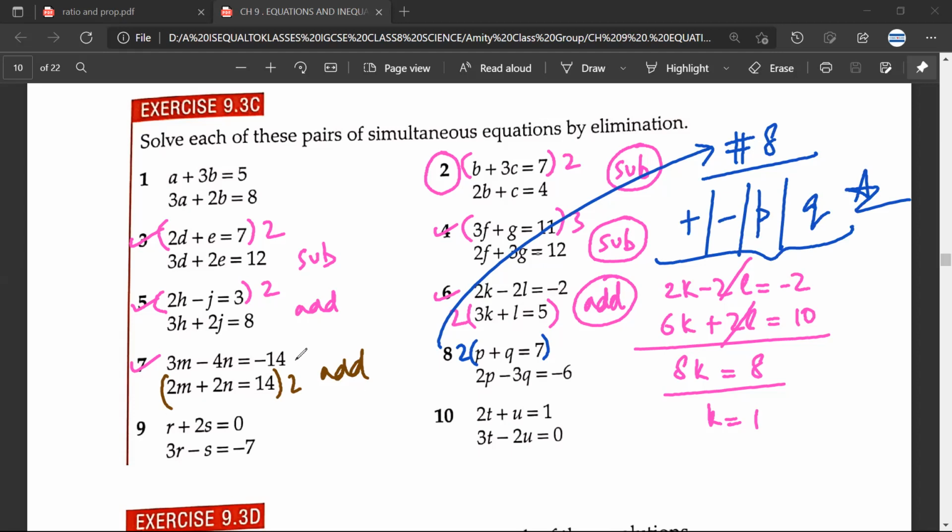Of course, usually teachers don't explain like this. I'm taking a bit complicated way, but if you understand this way, these questions will become very easy. Question number 9. We will multiply the first equation by 3. Then we'll subtract. Again, here we can also multiply the second equation by 2 and then add. Usually addition is an easier process rather than subtraction. So here it is strongly recommended that you add the 2 equations. Whenever you can add, you should always add. Between addition and subtraction you should always prefer addition.